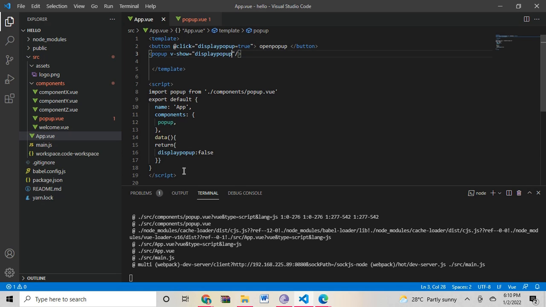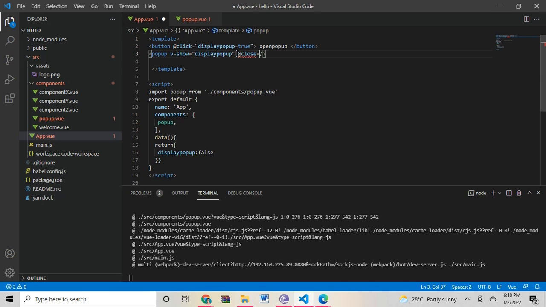The initial value of display pop-up is false. If you click the button, the value will be changed to true, right? Again, if you click that close button, the pop-up should be closed. For that, you can change the value of this variable, that is display pop-up.